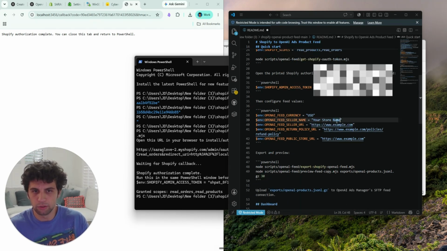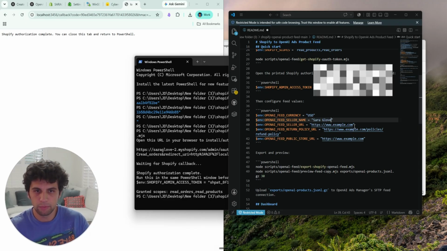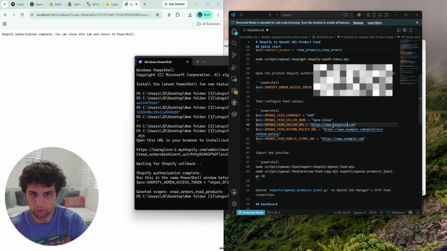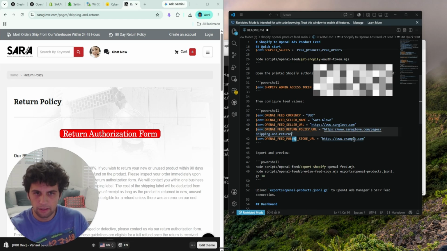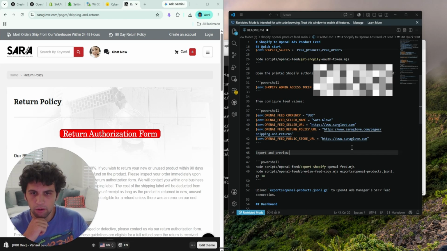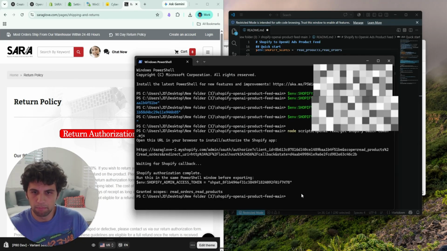Next, we're going to come over to this section and place it with all of your information for your website, right? So name it your store, put your URL, add your return policy, and then put your URL again at the last one. Now what we're going to go ahead and do is copy all of this again, come back to our terminal,